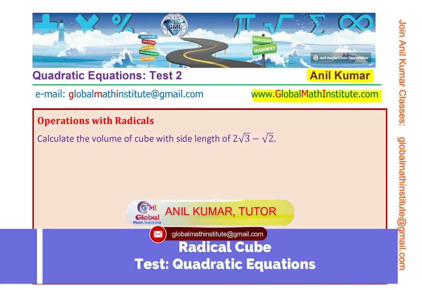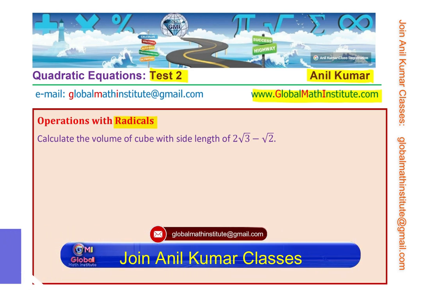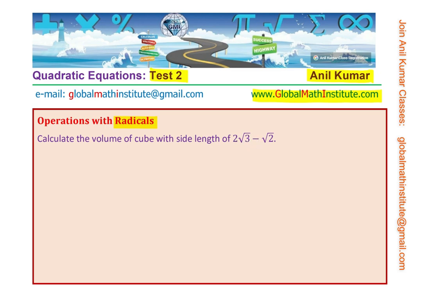In this video, we have a very interesting question where we are going to work with the radicals. This is one of the test questions from our test 2, quadratic equations. The question here is, calculate the volume of a cube with side length of 2 square root 3 minus square root 2. So if the side length is 2 square root 3 minus square root 2, what is going to be